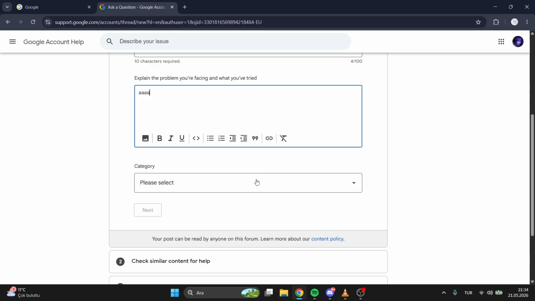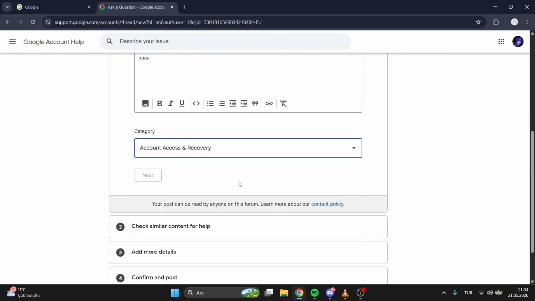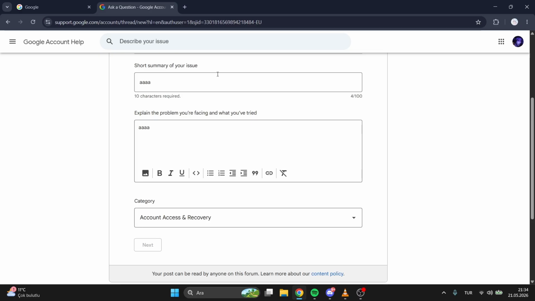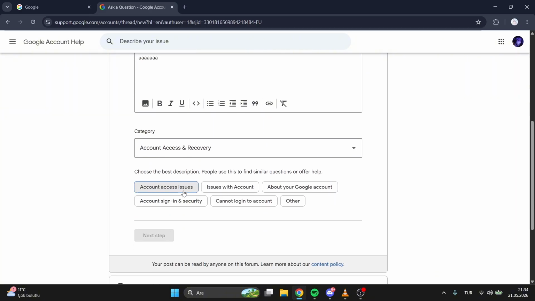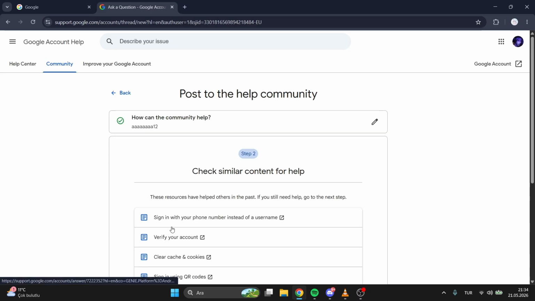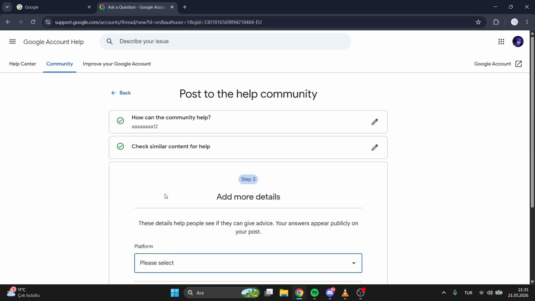After that, look for the category section and select Account Access and Recovery. Choosing the correct category helps direct your request to the most appropriate area for account-related concerns. Once everything has been filled out, click on Next. You may see options such as Account Recovery or Other, depending on what appears on your screen. Select the option that best matches your situation and then continue by clicking